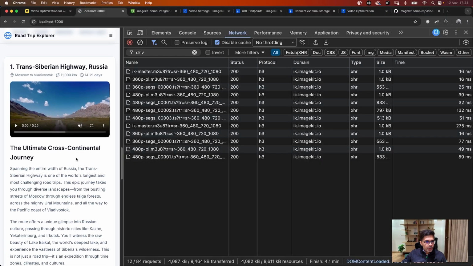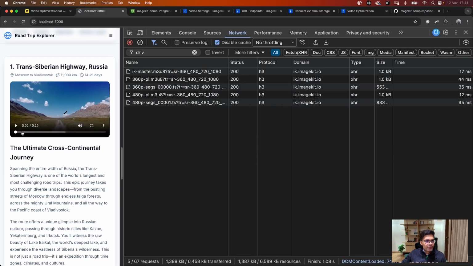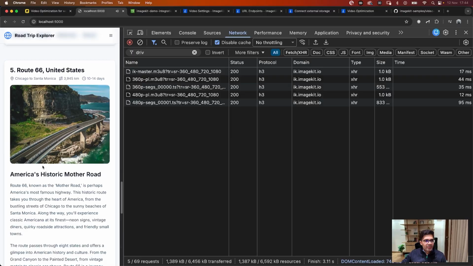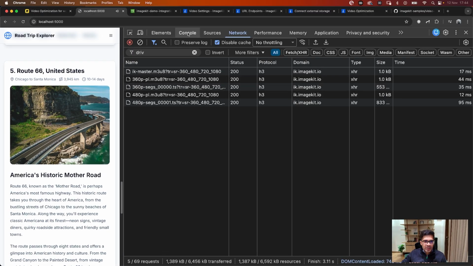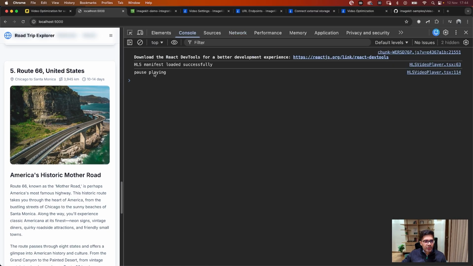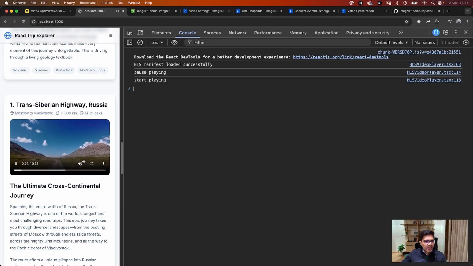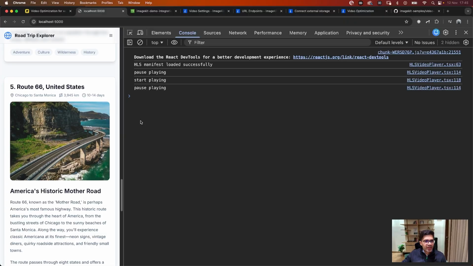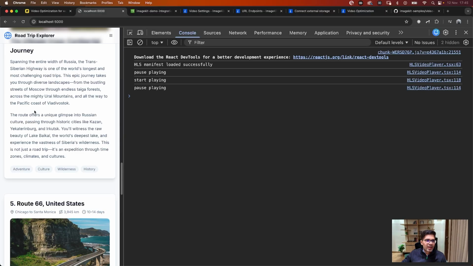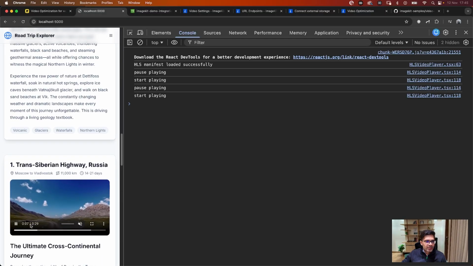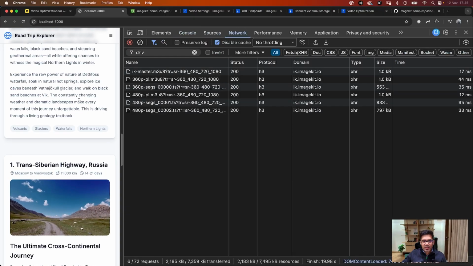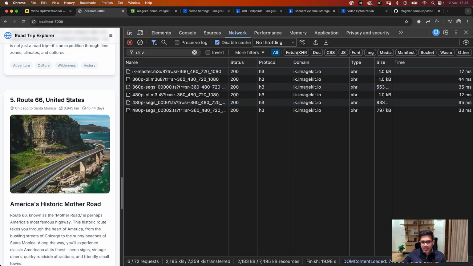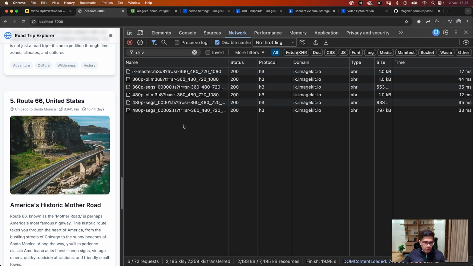Now let's look at a quick demonstration for this. I will first play the video and then I will just move away from the page. In this case, you can see that there is a console log that comes which says pause playing. If I again come back, it again starts playing the video. It's at the third second. I'll just move away again and it pauses the playing. If I come back to it, it again starts with the sixth or the 7th second. And you can see that if I now move away from the player, it no longer loads the third segment